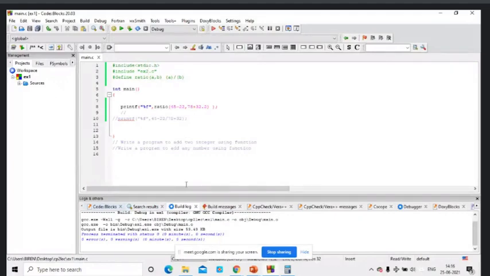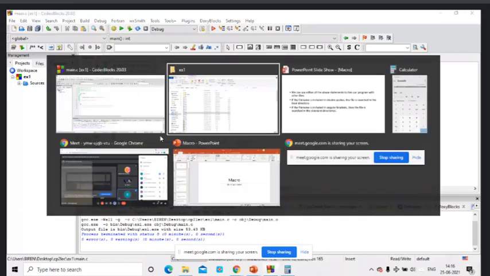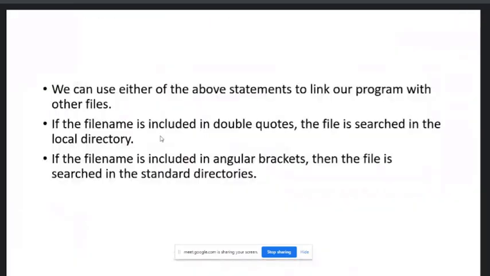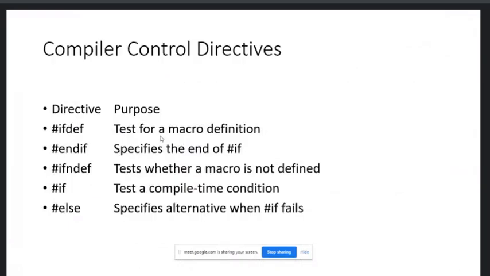Now if you use this file to define any function, you can directly use it inside this program, like string.h. You are adding that header file in order to use different functions like strcpy, strcmp. So this way we can include any file or link any file with our program. Compiler control directives.